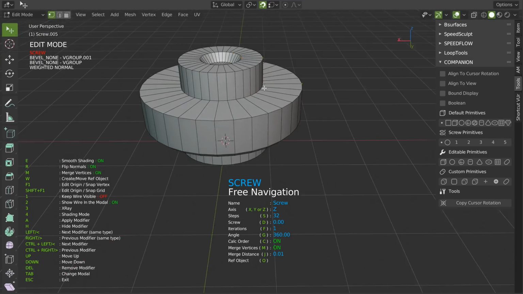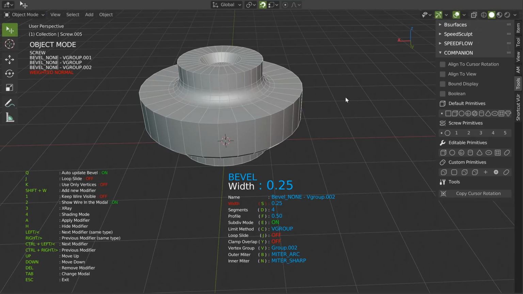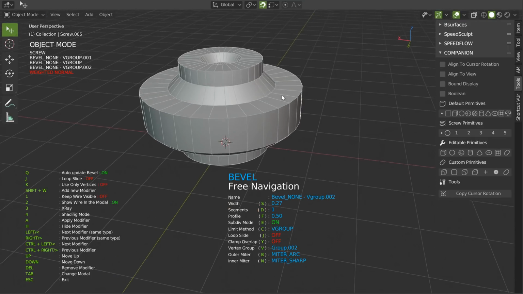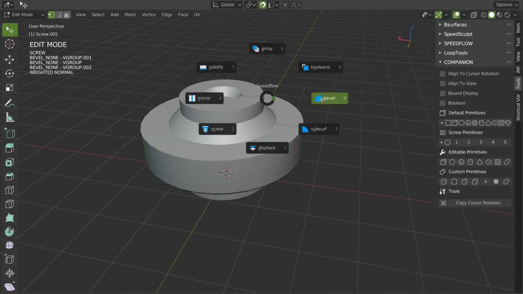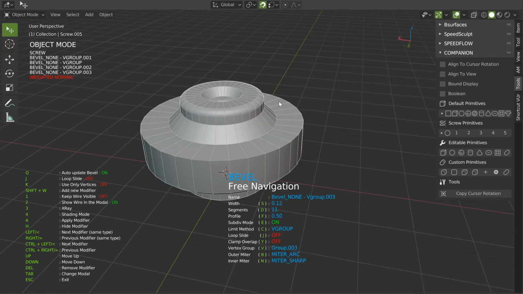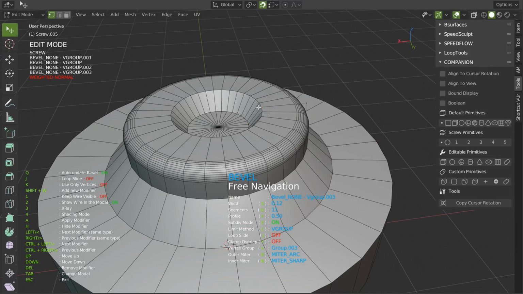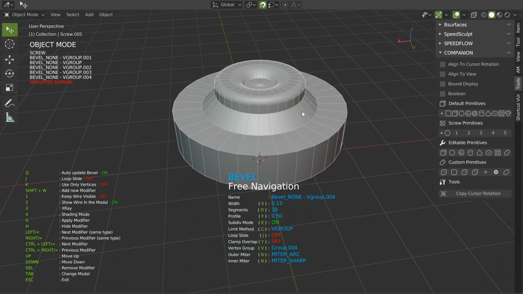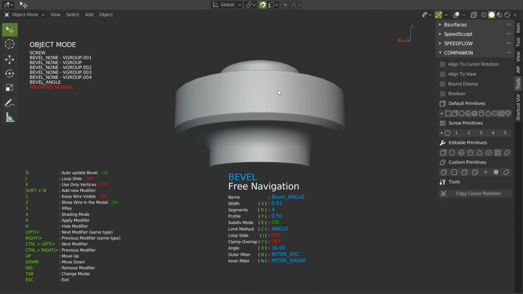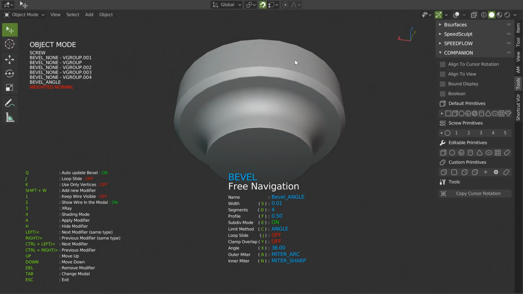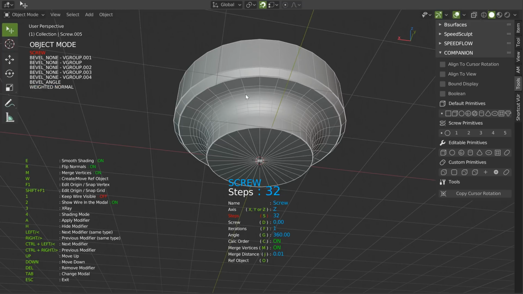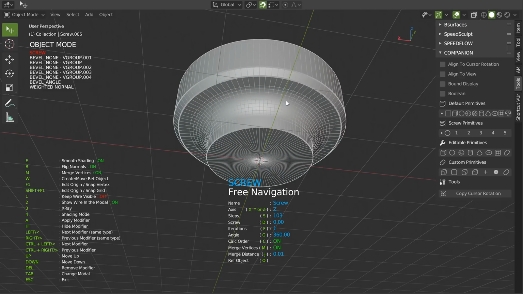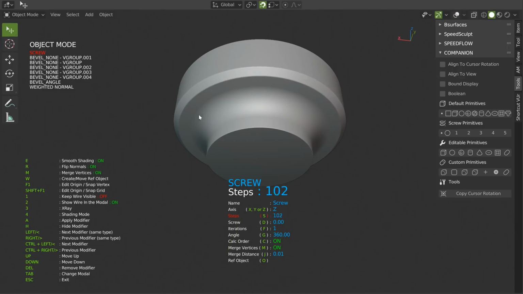So Control Tab, select, Tab, bevel. Just like that. Control Tab, select, Tab, bevel. Increase. This is really powerful, as you can see. And after, Shift W to add the last one. You can press 6 to see the result directly. I need more subdivisions, so I will come here, and I will increase the number of subdivisions. I can press 2 if I want, or 6, like that.